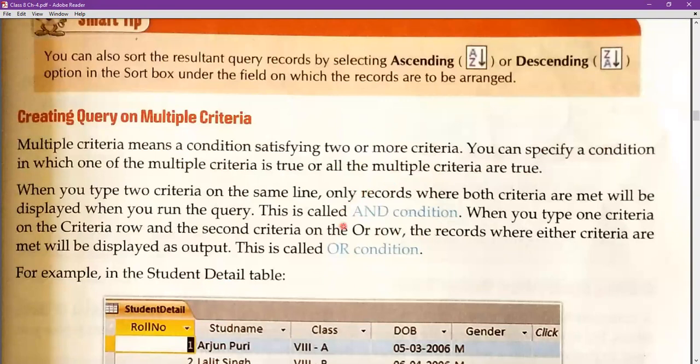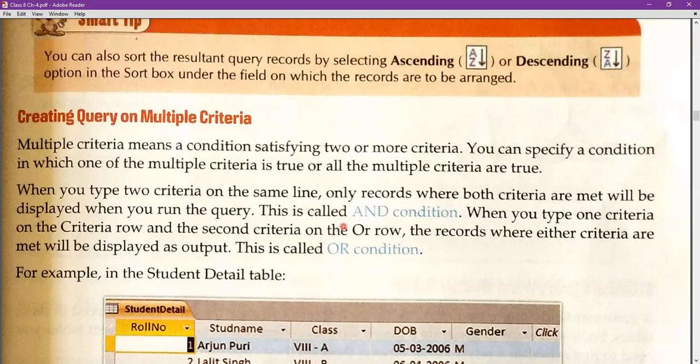AND condition means it binds you that if both conditions, or all the conditions, are true, then it will produce output. If any one of them is false, it will not give you output. Mark my point, students. If we are working on 3 to 4 criteria, if we are giving 3 to 4 conditions, then if all 3 or 4 conditions are satisfied, then it will produce the output. Otherwise, it will deny. It will not run the query. Why? Because we are using AND condition. But if we are using OR condition, then if any one of the given criteria satisfies a condition, it will produce a result.